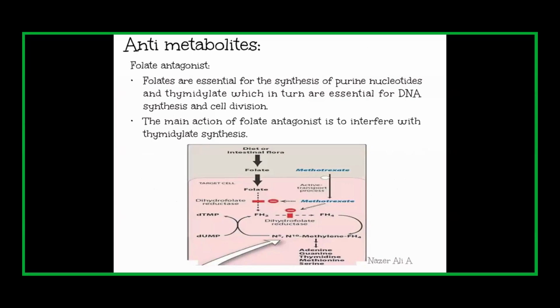When this DNA replication begins, the enzyme topoisomerase unwinds the coiled DNA. You know the DNA is a double-stranded helical structure. So when this double stranded is converted to single stranded, there is a possibility of supercoiling since it is a helical structure, right? This supercoiling will be overcome by the enzyme topoisomerase, which will unwind the coiled DNA. And another enzyme called DNA helicase will break the bond between the complementary nucleotide bases.